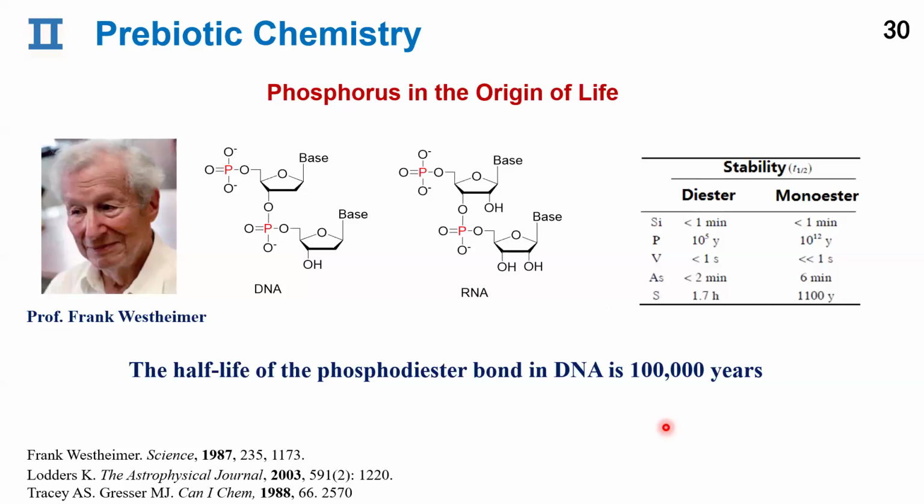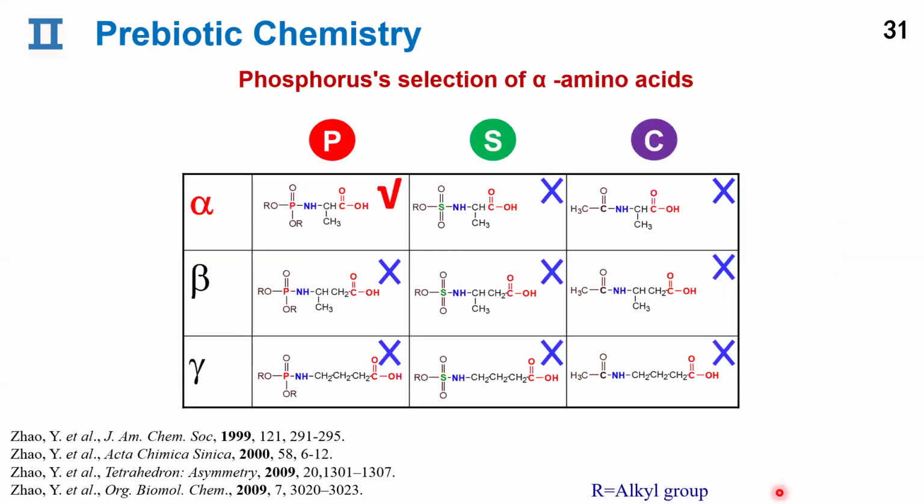If we compare phosphorus with other possible elements like silicon or sulfur, you can see from this table that none combine such stability. And now that we see how phosphorus provides both energy and stability for life molecules,